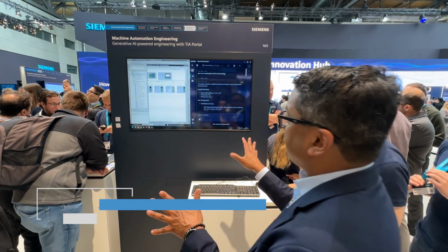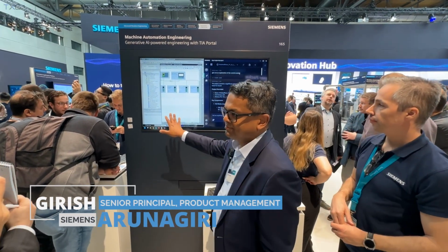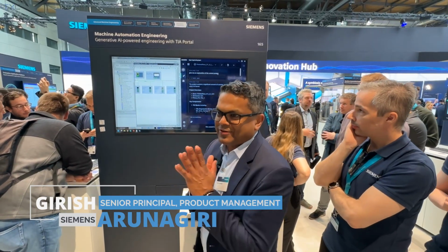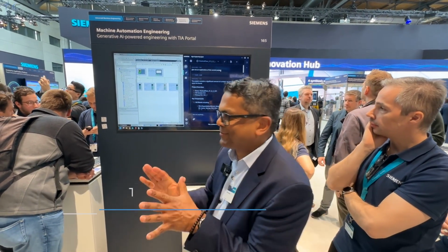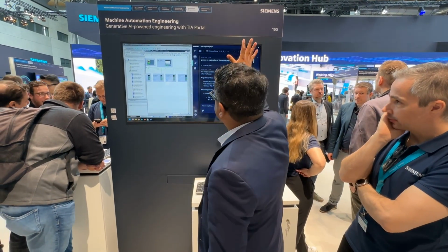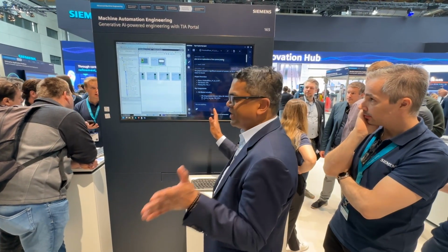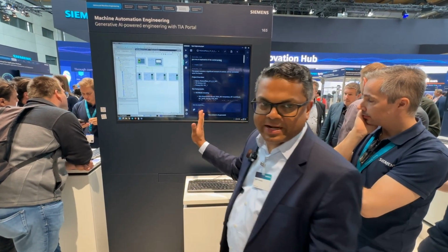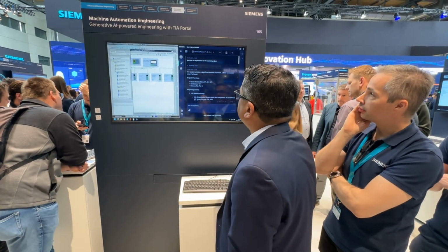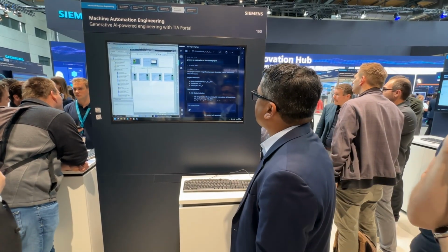So right now, what you see on the screen is your TIA Portal. I'm sure most of our customers are absolutely familiar with TIA Portal. What you see on the right is the Eigen Engineering Agent. Yes, it's really user-friendly, a simple-to-use chatbot style, but the power of that is, for example, what